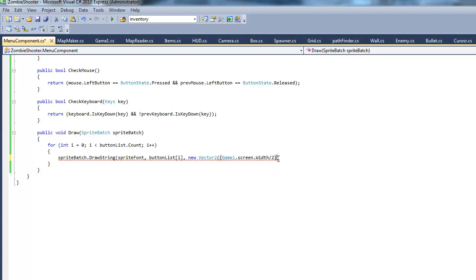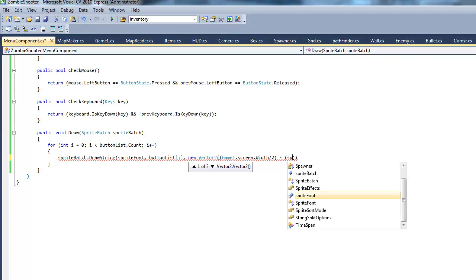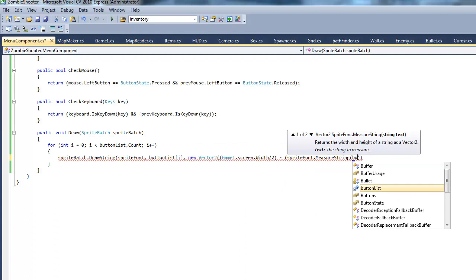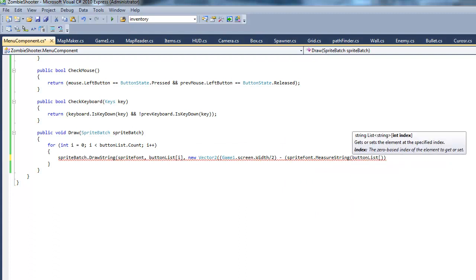Here, let me put brackets around that. We want to subtract half of the length of the string, and this is how we're going to get that. We're going to put more parentheses here, and we want to say sprite font dot measure string button list i